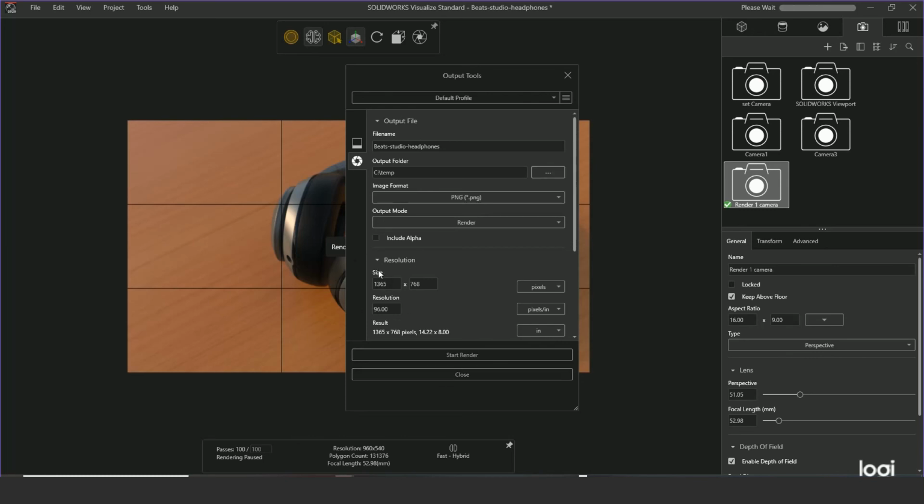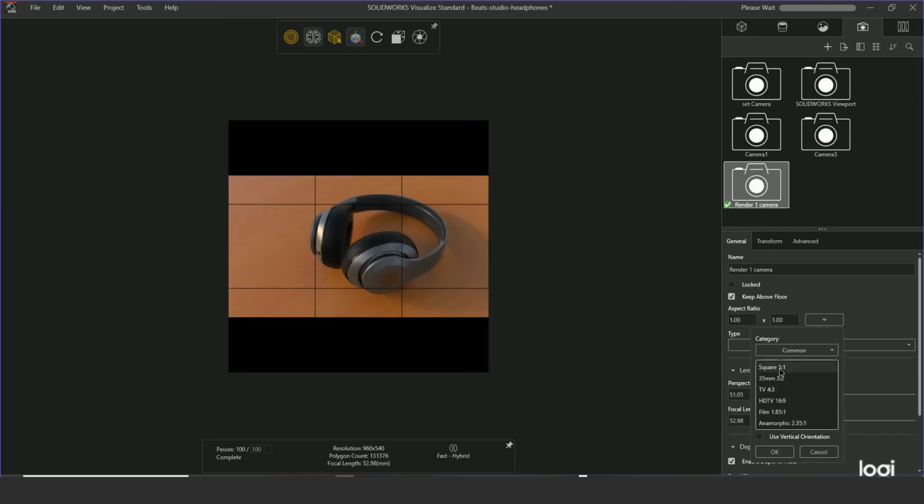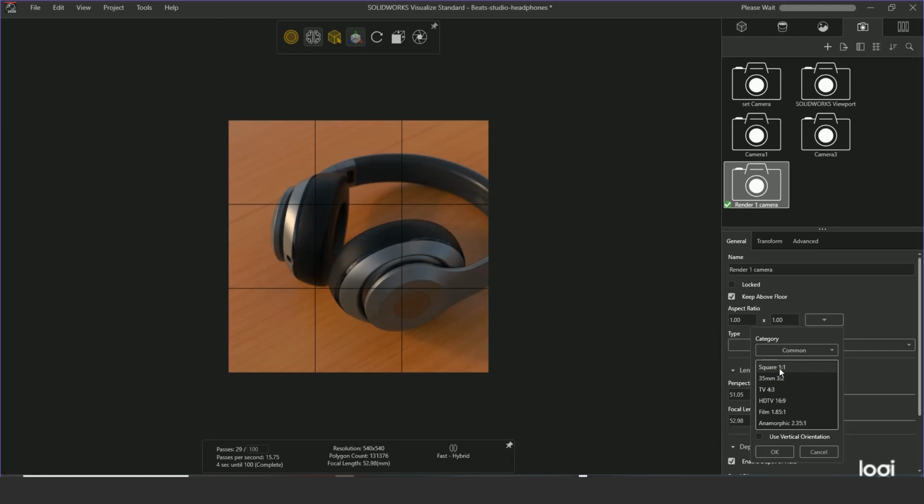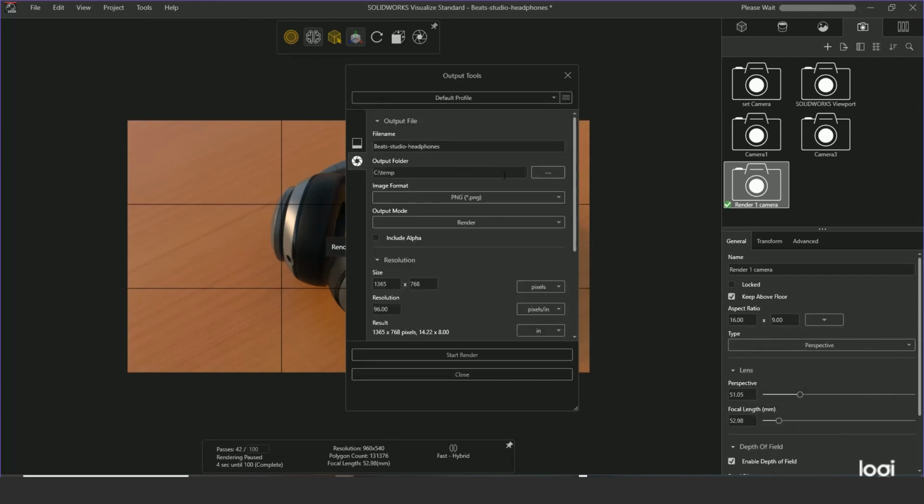The resolution size can be controlled by the camera also. So we have the render 1 camera, and I believe if you pull down under aspect ratio, you can make it HD or square. I had square on the camera that was brought over from SolidWorks. I'm going to go with HD here, and then go to render, and then I'll set up our